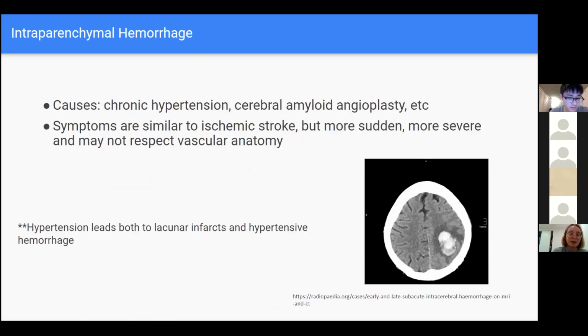Then we have intraparenchymal hemorrhage, which is basically a bleed in the brain itself. The causes are multiple. Two that are really important are chronic hypertension